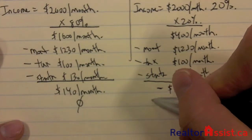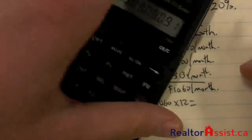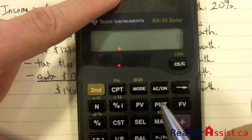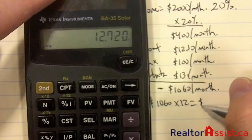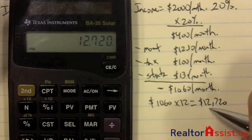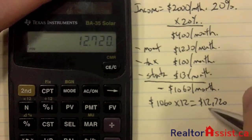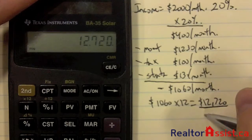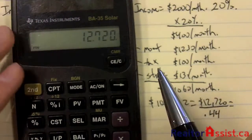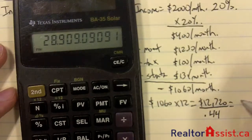So what we're going to do is calculate 1,060 times 12, which is $12,720. Now, the bank is not going to allow you just to say, okay, an extra $12,000, fine. Remember, they're only going to assume you have perfect credit. I don't want to go into specific details or confuse you, but remember that term total debt service ratio. They actually will only allow you to use 44% of your income to do that. Therefore, this calculation is going to give you the actual income amount that you're going to have to subsidize this property by. So from your job, they're going to require